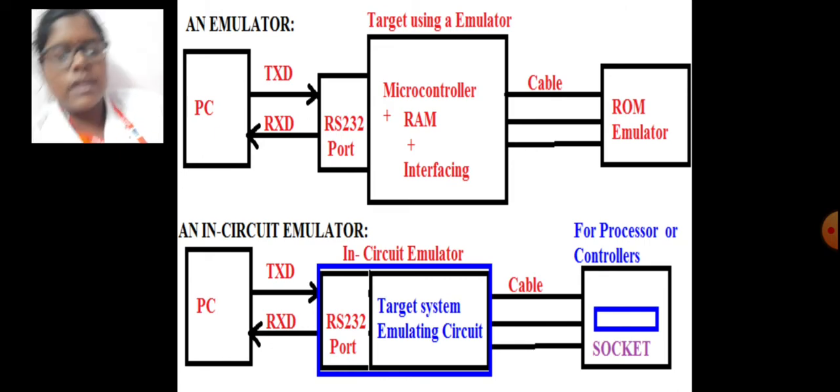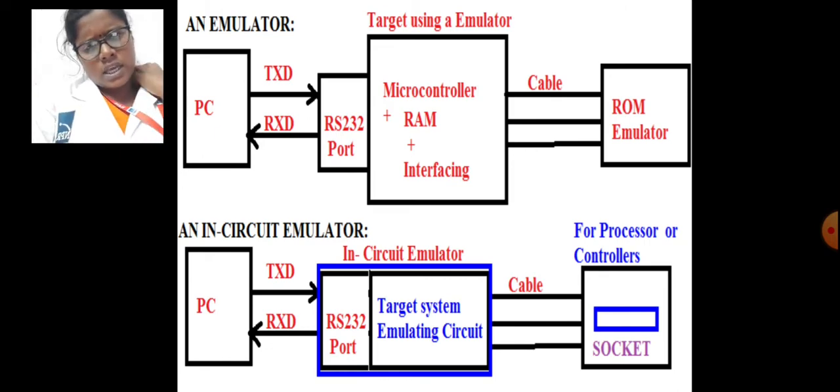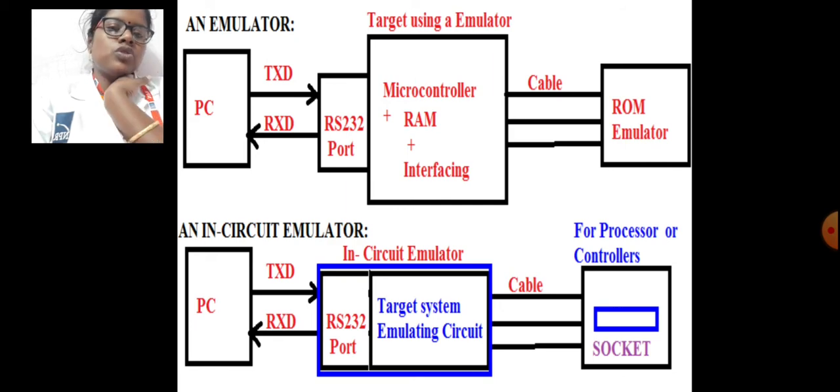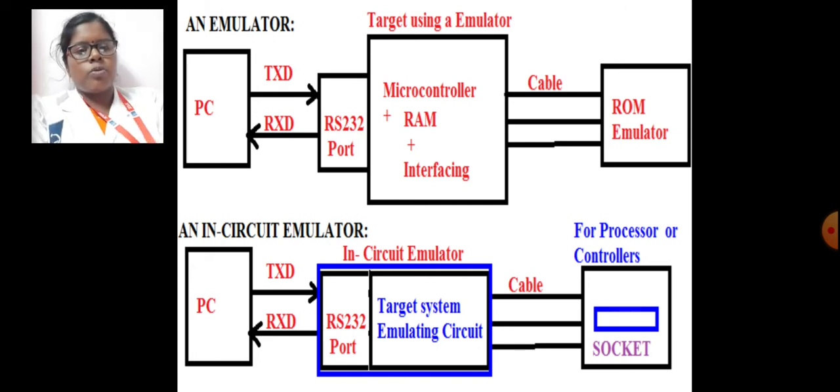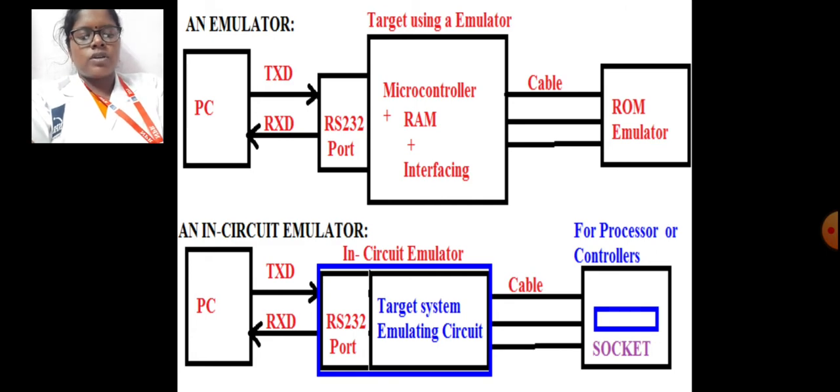In-circuit emulators have the same structure, but there are small changes: the ROM emulator has been changed into a socket, and the RAM interfacing changed into the target system emulator circuit. The first design consists of a microprocessor manufacturer's evaluation board with a serial link back to the workstation. From the microprocessor, there is a cable that plugs into the microprocessor socket on the target system. The ICE includes RAM for program development,